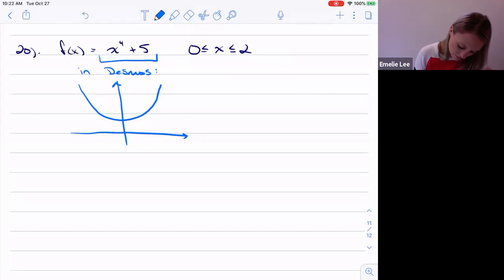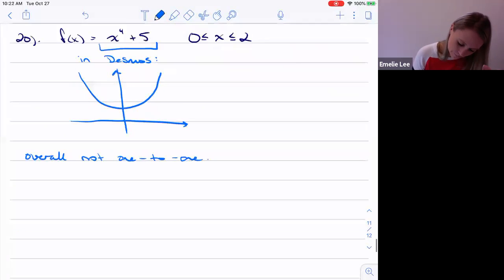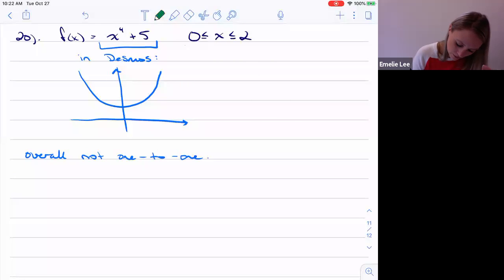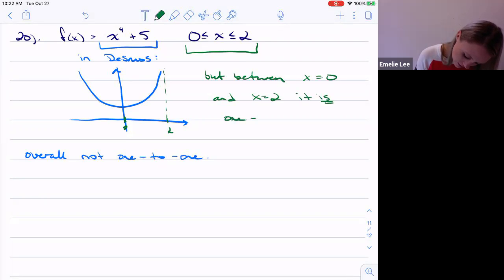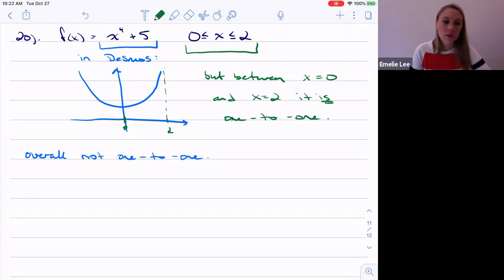So overall not one-to-one. 0 to 2, let's say here. But between x equals 0 and x equals 2, it is 1 to 1. So you can do it graphically,